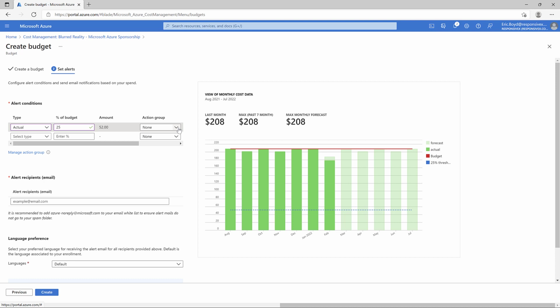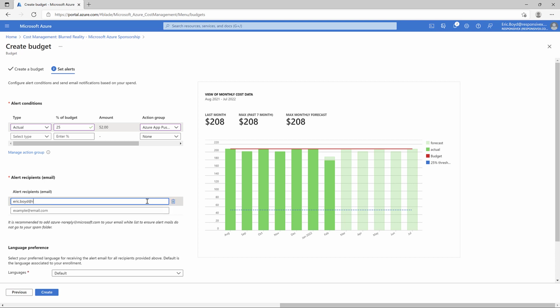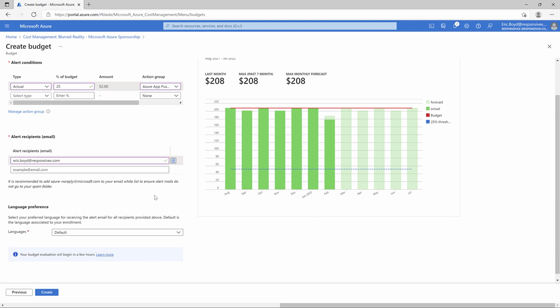An action group can also do things like send an event to an event hub, integrate with an ITSM, and trigger an Azure Automation Runbook, Azure Function, Logic App, or Webhook. And I can configure different action groups for different budget alerts and thresholds. I'll select an action group that sends a push notification in the Azure app. I'll also add the email addresses for the people and/or distribution lists that should receive these budget alerts and create